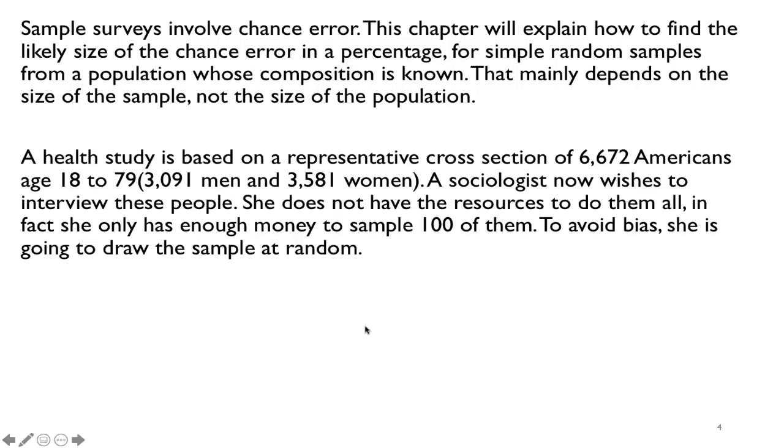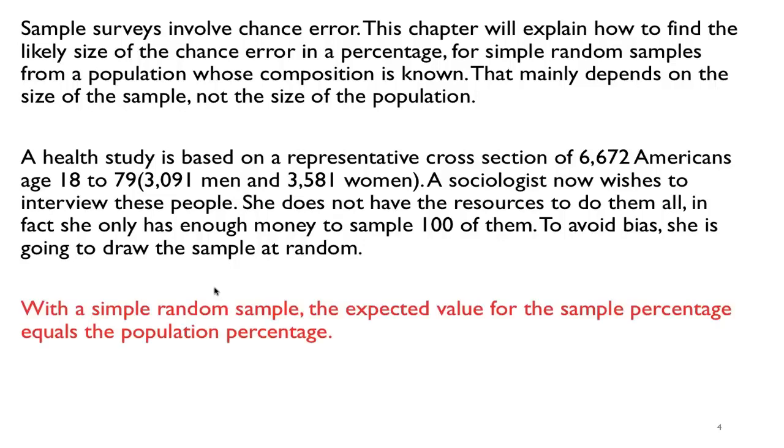So suppose I have a study that looks at some representative cross-section of Americans, and say that we have 6,672 Americans who were picked for this survey, and of those about 3,091 are men, 3,581 are women. And now suppose that we want to interview these people and ask some questions and see if we can try to understand some statistics for these people. And suppose we don't have the resources, we're going to only sample randomly 100 of these Americans, and